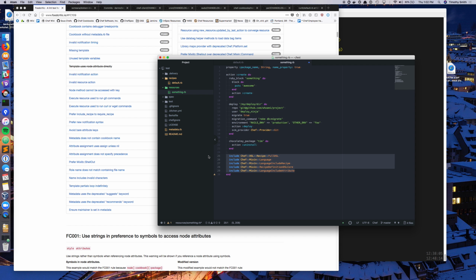Then we have this pile of includes. Now, these are really, really rarely used includes. It's a whole bunch of old things. Some of these go back to like Chef 10, definitely Chef 11. None of these are new. I searched the supermarket. There was very few uses of any of these, and a lot of it was if statements where they did the right thing or the wrong thing, depending on if they were on like Chef 10 or something. So I don't think these really impact anybody, but basically some of these mix-ins have been renamed, and